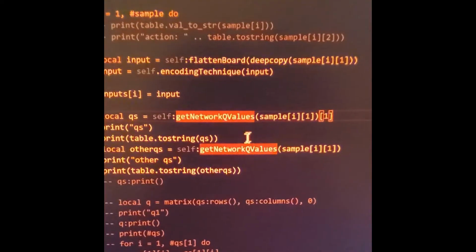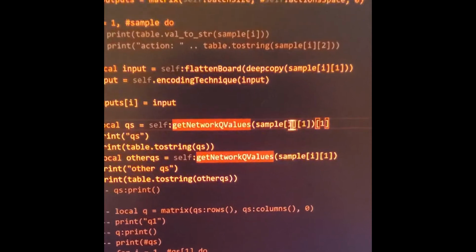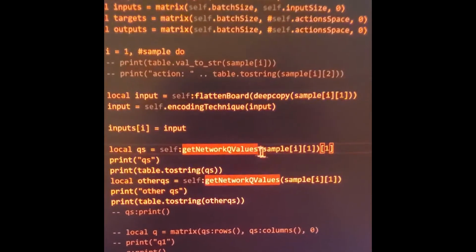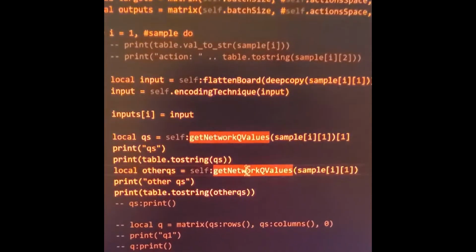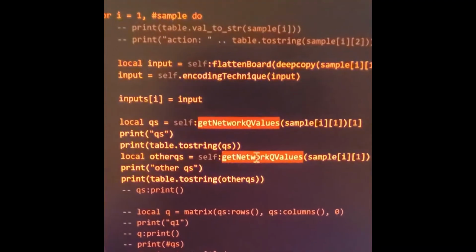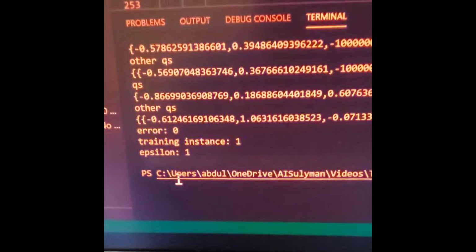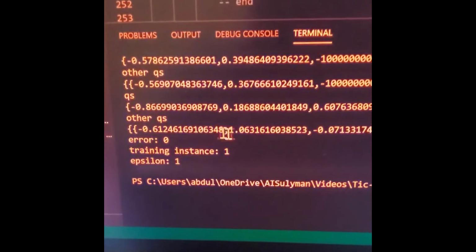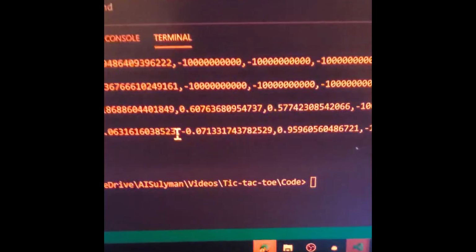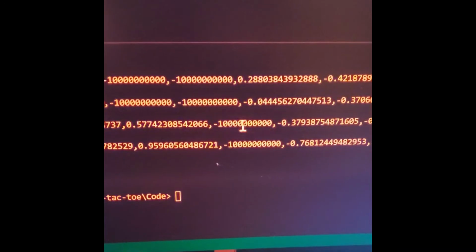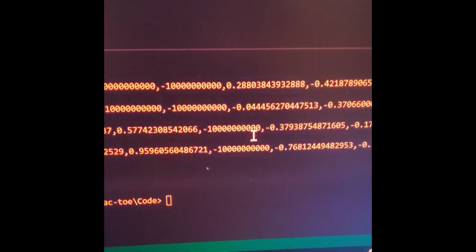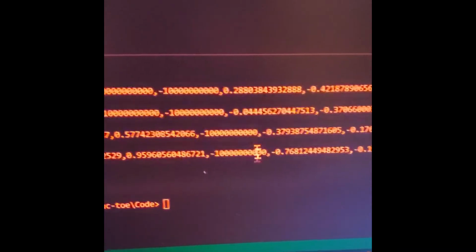I tell it to print other Qs, and it's the exact same input being fed into the neural network. However, if you go down and look at the output, they're completely different numbers. So I'm very, very confused. But the masked numbers are still the exact same, so I have no clue what's going on there.